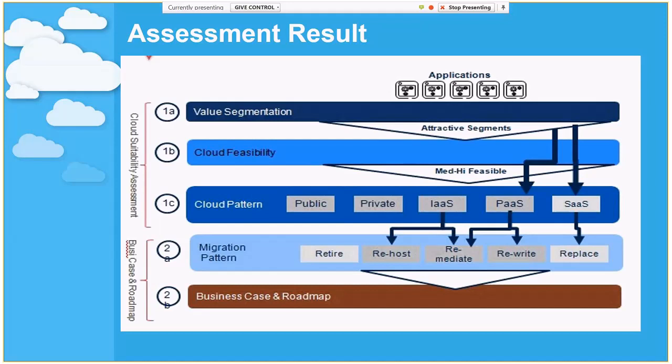So when we are seeing the applications, we may have an option for an application to be retired. Probably it may not be getting used. I have seen some applications where we worked for around 1 month, and then we came to know this application is not getting used at all. So when we are doing a real assessment, we will get to know multiple things. Even during assessment, after working on one application for a very long time, we came to know this application is already in the cloud. All these things will happen, last minute surprises.